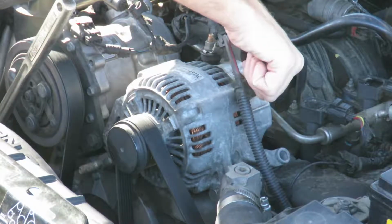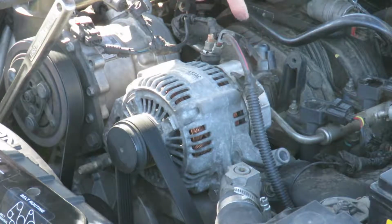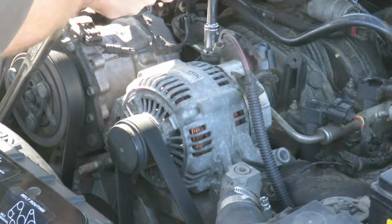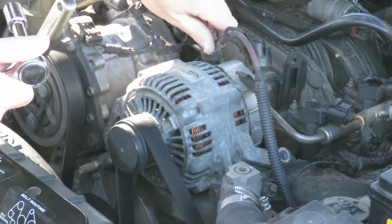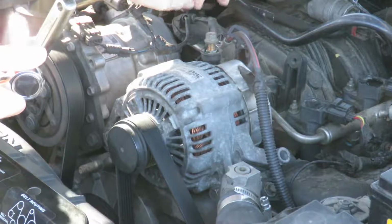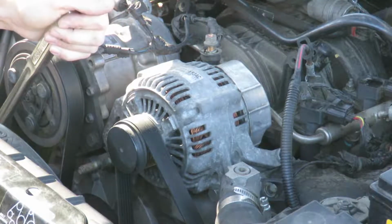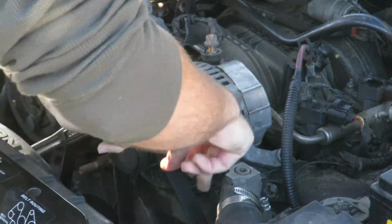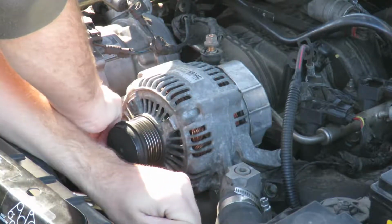Then you pull this cap off, and then it's a 13mm socket to get this bolt off. Sorry, to get the nut off. Just get that the hell out of the way. Then you're going to want to put a 15mm socket on your tensioner and pull off the tension and pull off your belt. And if you're stupid like me, you can take your belt and put it right down here